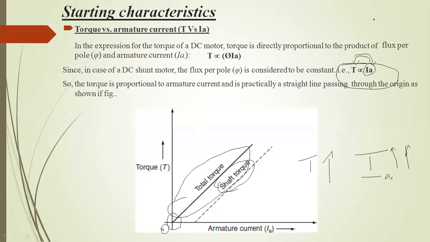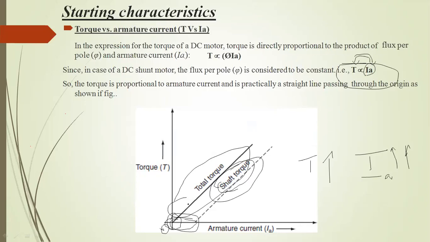Due to armature reaction, the field is going to get weakened. After the weakening of the field, the characteristics are going to move with some armature current, that is your dotted line, which is nothing but your useful torque. These types of characteristics are called drooping characteristics. In this dotted line, this space is where a droop happens, some movement.